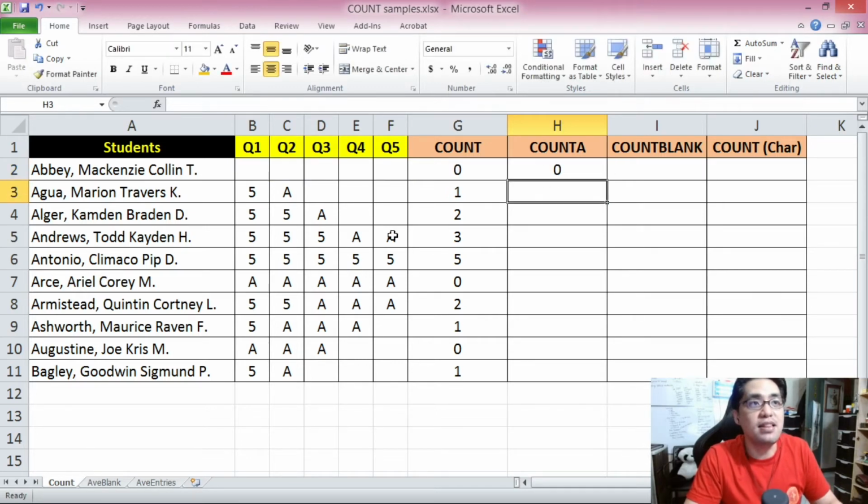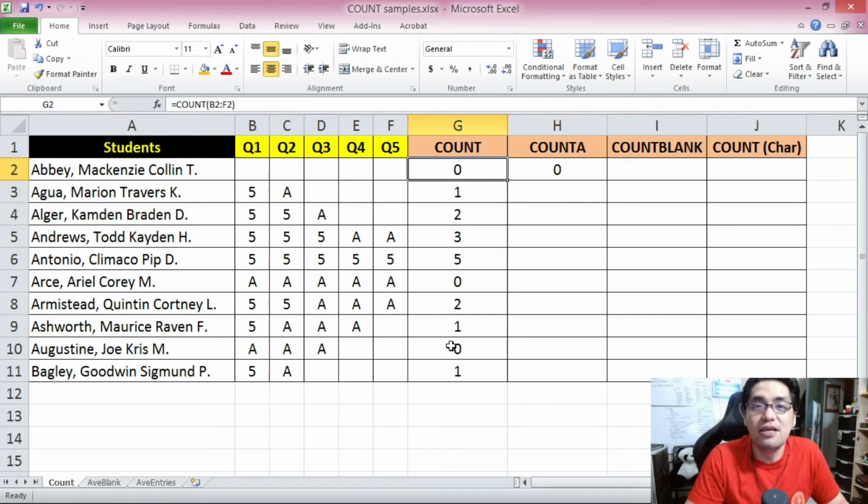Once you do a close parenthesis, of course, it performs the same thing as count. Whereas count counts the number of numbers within a range, COUNTA simply counts the number of cells that are not blank. In this row, you will notice that all of these cells are empty, so there are no cells here that are not empty. So of course, COUNTA returns a value of 0.